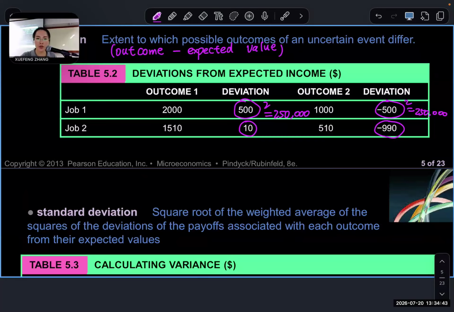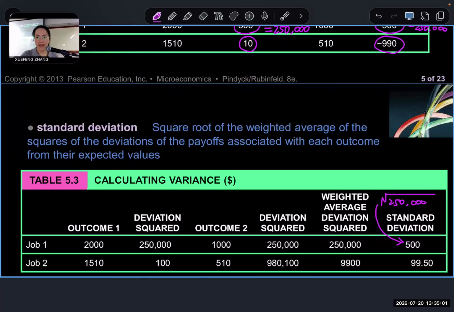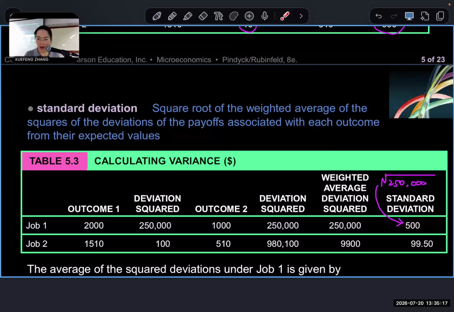Basically, in table 2, we square the deviation first because this removes the negative sign, right? We square them, so we remove the negative sign. Then we take the probability weighted average of those squared deviations. That's called variance. Okay, and then we take the square root to bring it back to normal units. That's the standard deviation. So here for job 1, we have the standard deviation, which is 500. For job 2,